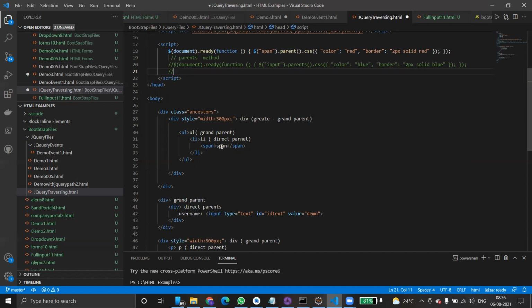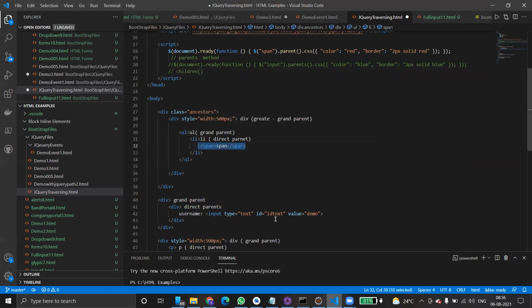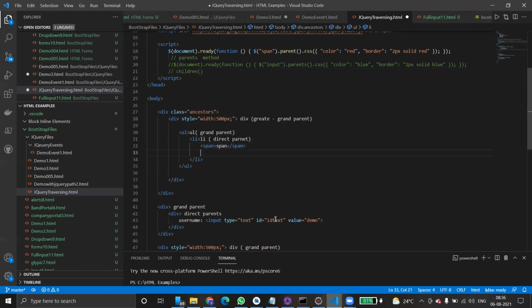So many methods are there, but only a few methods we are discussing. We have a few more methods like children and find. So how do you use this children method? The children method basically returns all direct children of the selected element. We have just added one more span. We have a span here, so just Control C, Control V. Span 1,